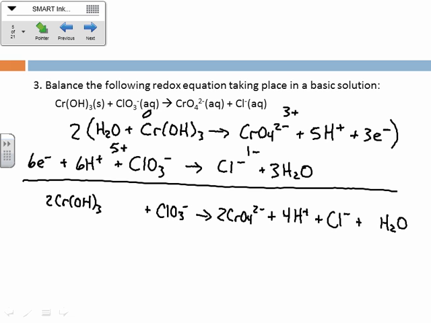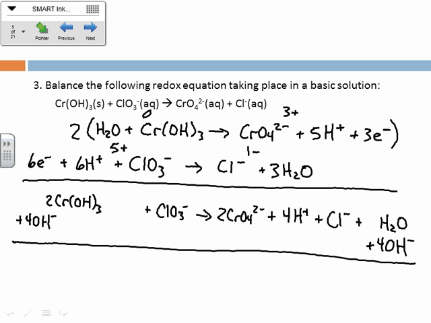basic solution. So what we have to do is add OH minus to both sides of this equation to neutralize the H plus. And again, none of this is really happening. We're just pretending, and it's a good device to use to solve this equation. So I'm going to add, I don't have room here, so I'm going to add 4 OH minuses to each side, because that will neutralize the H plus on that side. But whatever I do to one side of the equation, I have to do to the other. Okay. So then when I do that, I'm going to end up with 4 OH minus plus 2